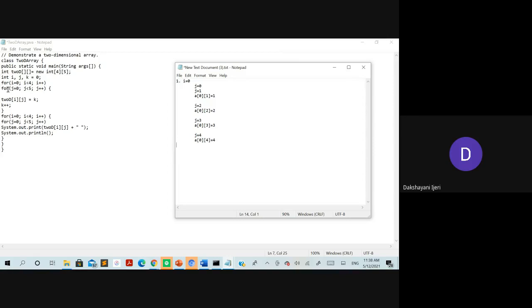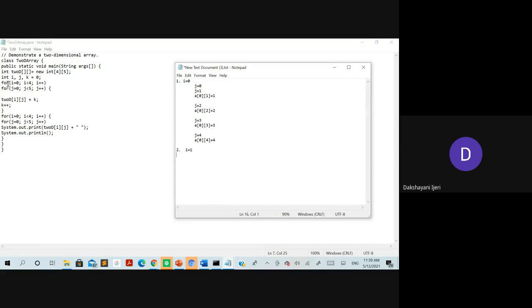Next it will go to the next iteration of the inner for loop only. Now at this time, what happens? The j value becomes 5. Is 5 less than 5? No. So now this loop will be terminated, and next it will go to the next iteration of the outer for loop. So now what happens? i is equal to 1. Yes, now i becomes 1.